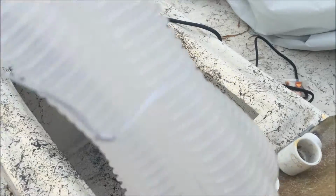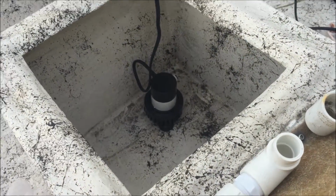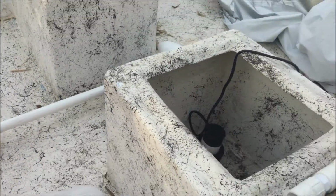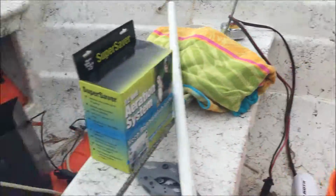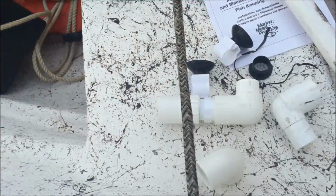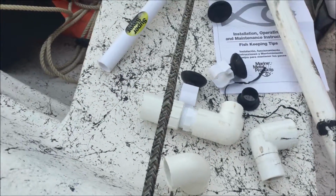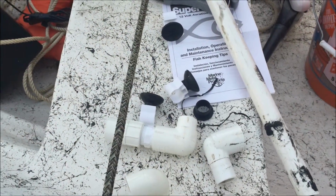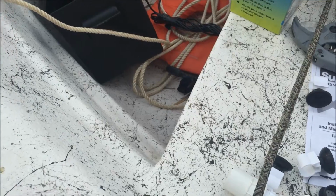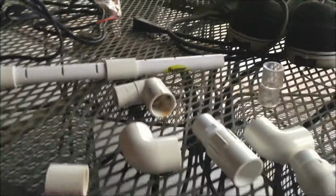I'm not really a fan of this tubing, which came with it. I'm sure it would work just fine. The guy had it set up with that. But what I'm thinking is that, being as I have some PVC parts around the house, I will probably go buy some actual fitted parts that would just slide into place a little bit easier, but I want to make something work just right now. I'm not going to go buy any parts, so I'm just going to see what I can make happen with it. The spray bar, there's the spray bar right here, and I found some